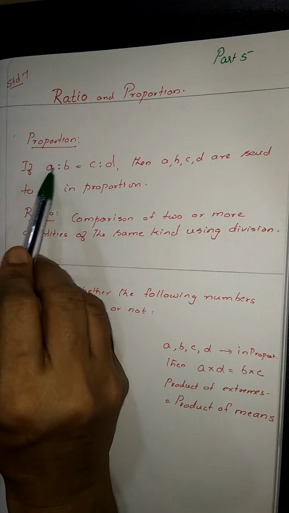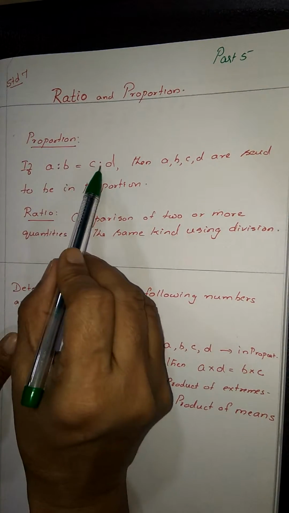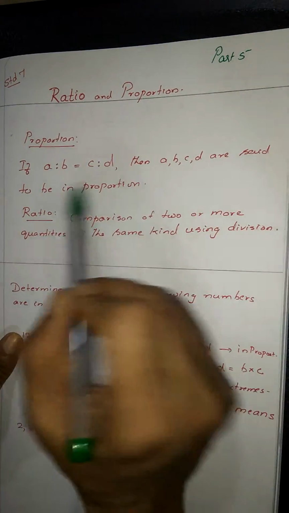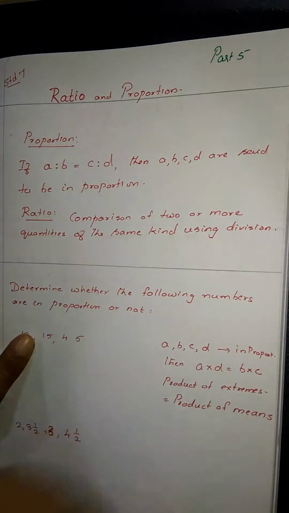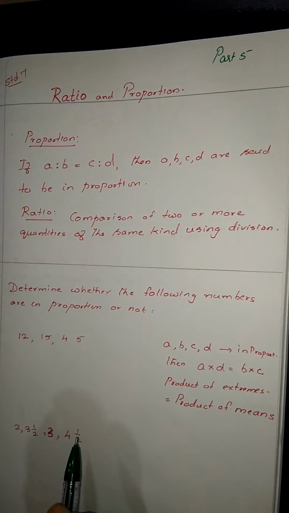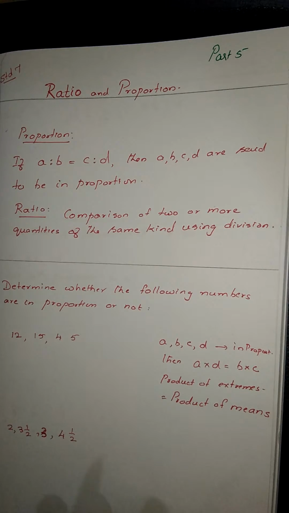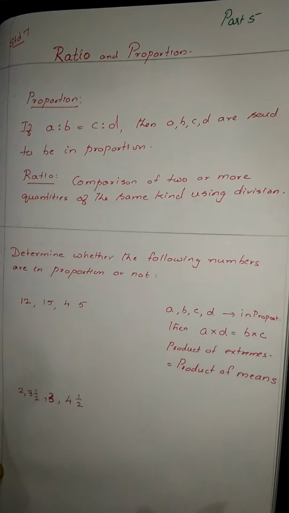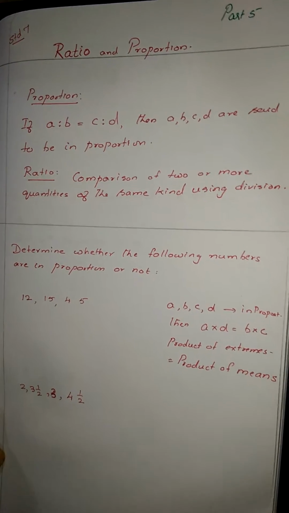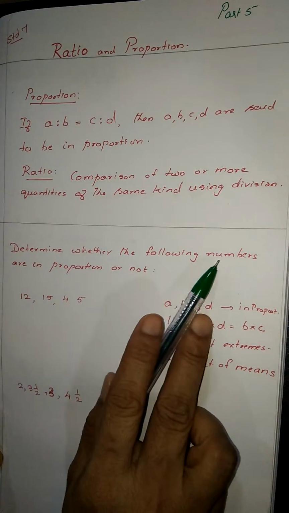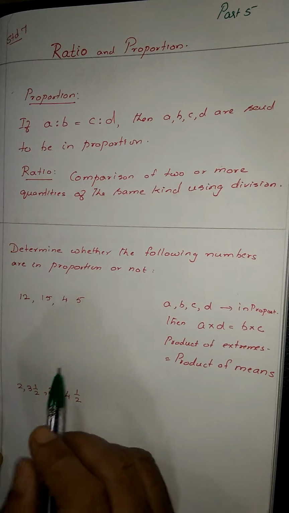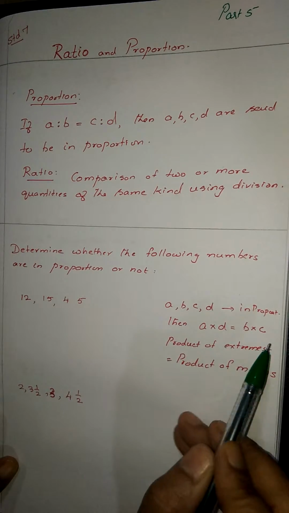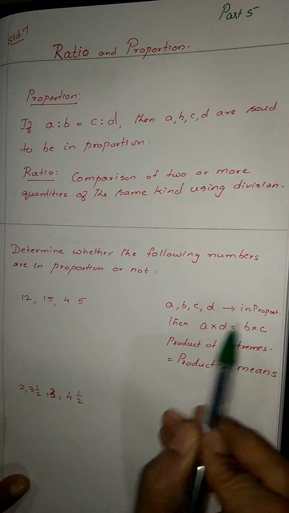Now if we have A is to B equal to C is to D, then we can say A, B, C and D are said to be in proportion. You will understand the concept by doing a few problems. Determine whether the following numbers are in proportion or not. So we have learned that if A, B, C, D are in proportion,